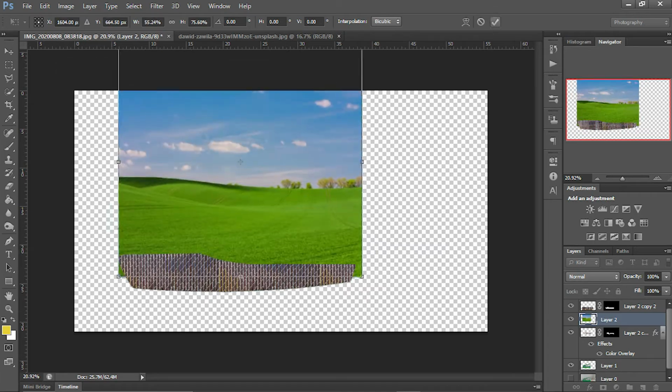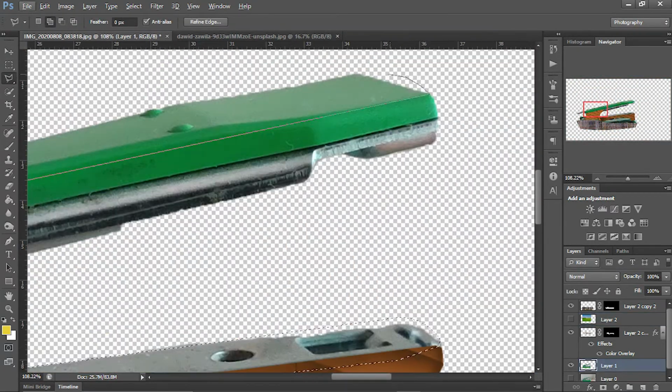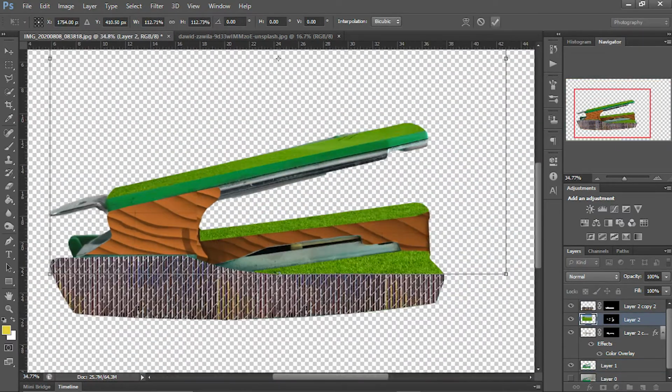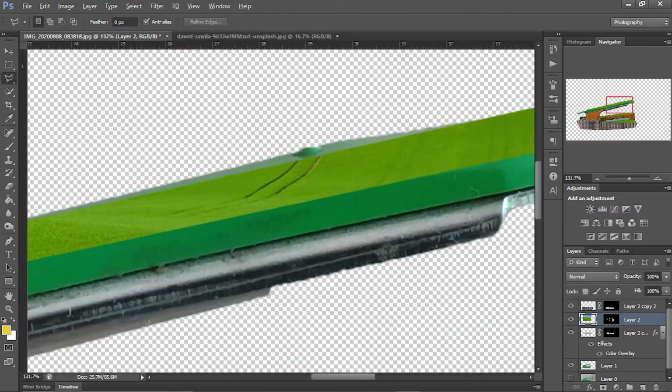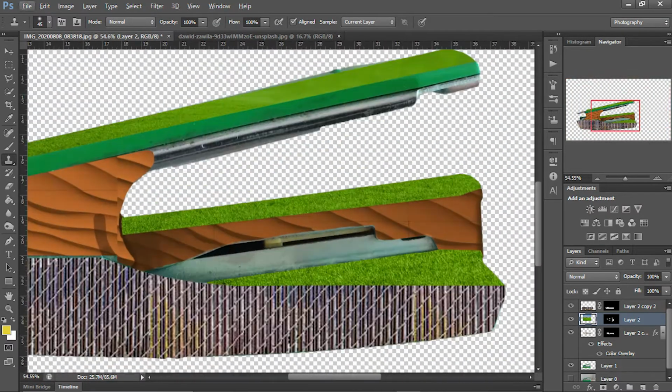First drag and drop the texture and hide it, then we will create the selection and then a layer mask on the texture. Then arrange the texture properly. How will you do that? Yes, you are thinking right. We will do it by unlinking the layer mask from the material layer and transforming it.